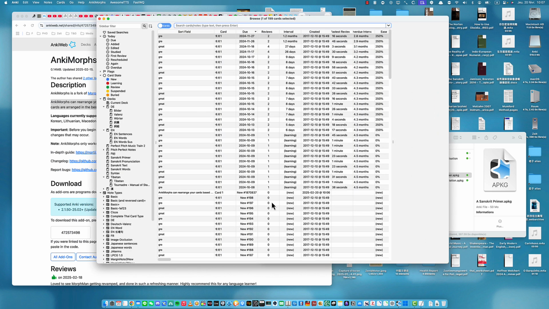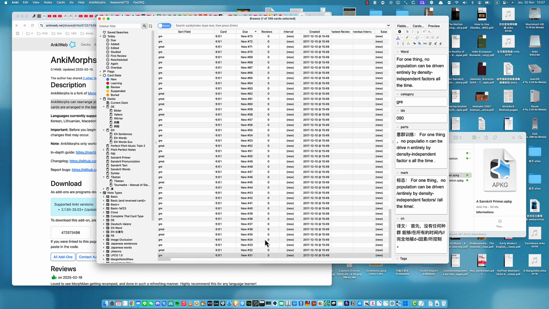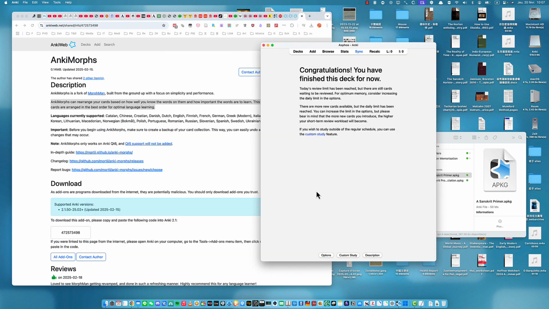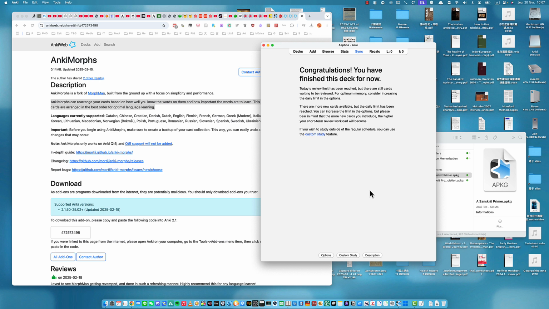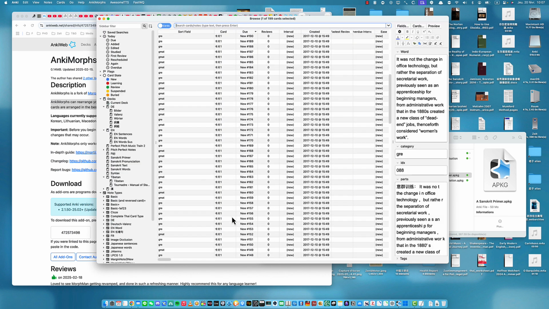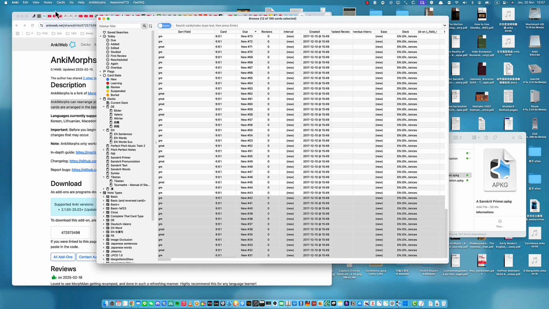So in this way, you put the audio in. Yeah, you can also do it in batch. For example, I could